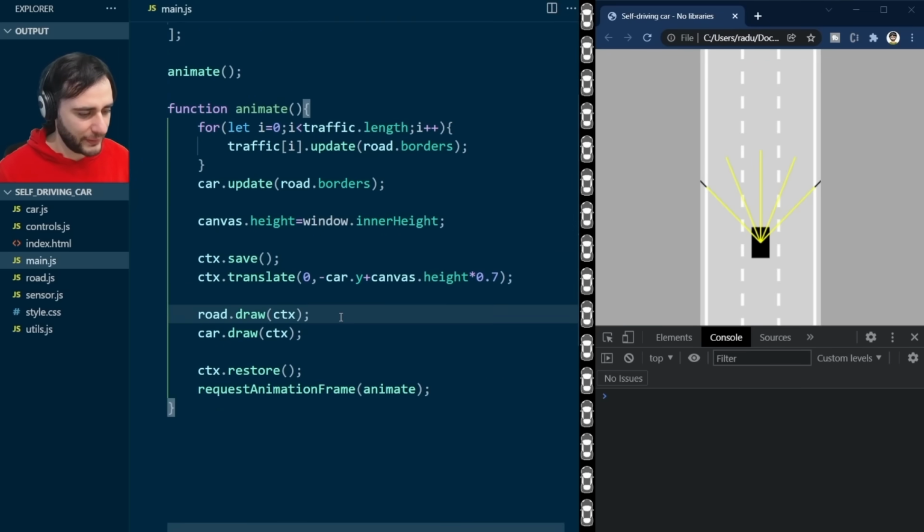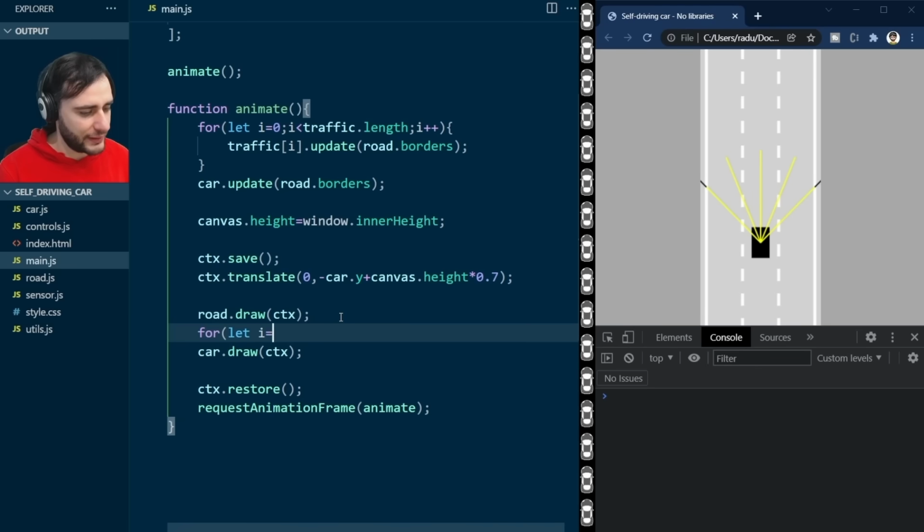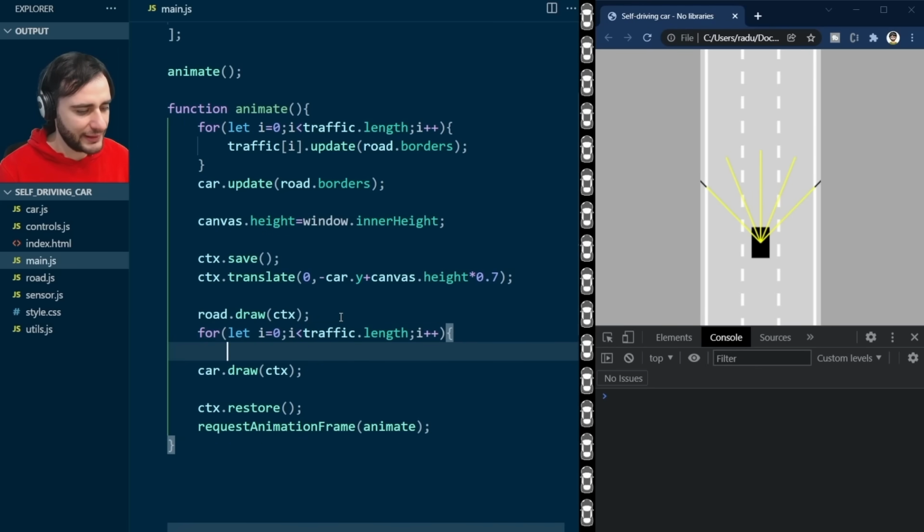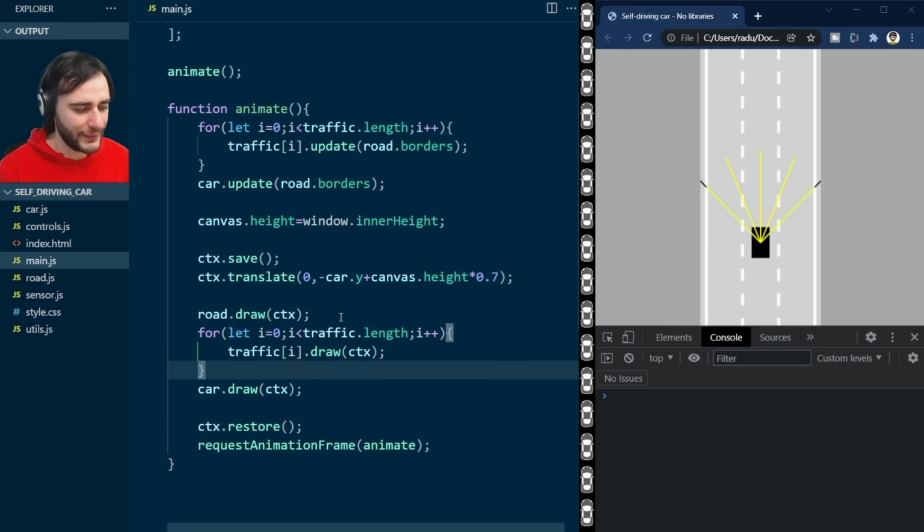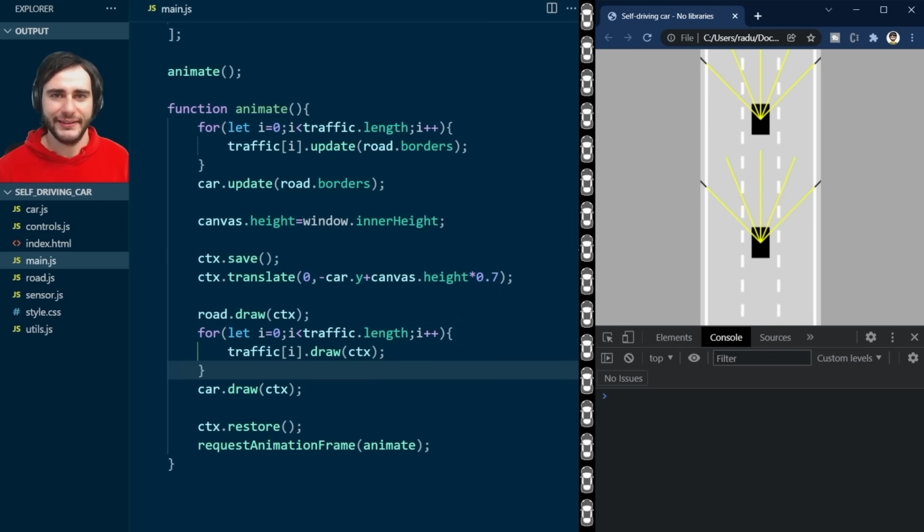And we need to draw these as well. So I'm going to go here, another for loop going through all the things in the traffic. Now we just have one thing, but this is gonna be a general code. And it's going to draw each of them on the canvas like that. Now I save the file, refresh the page, and there is another car in front of us. And if we press the arrow keys,